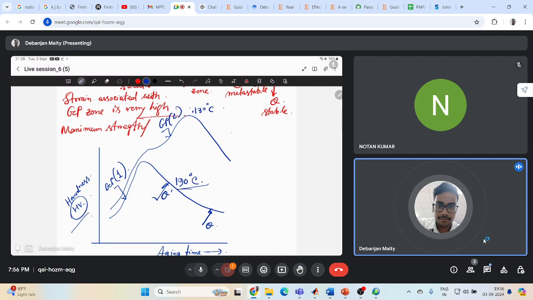It will look something like this. The theta precipitates are more stable. The hardness is the least compared to that of theta double dash or theta dash precipitates. Okay,